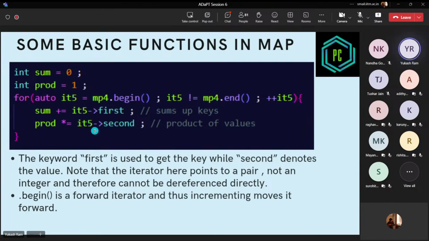So IT5 is an iterator, which we know from here. The keyword first is used to get the key, while second denotes the corresponding key value. Note that IT5 is an iterator and it points to a pair, so you cannot dereference it directly. You have to use this syntax to get the first element of the pair and the second element of the pair individually. So you can see this first line, sum plus equals IT5 arrow first, just sums up the keys,